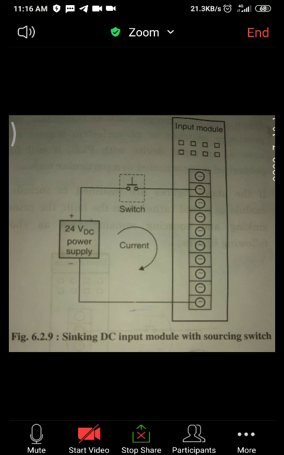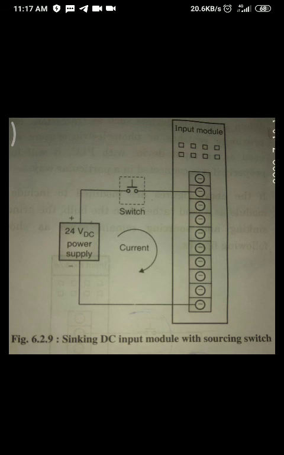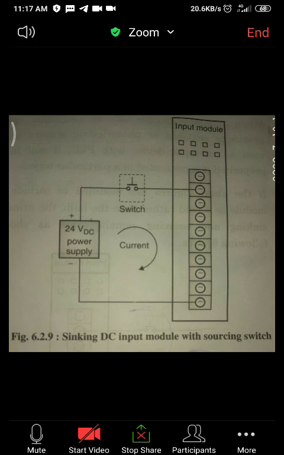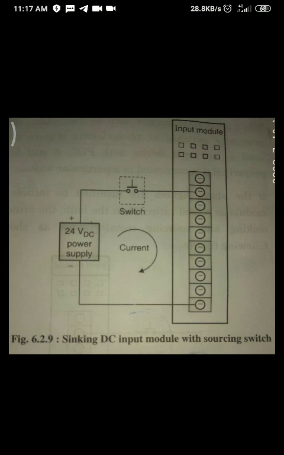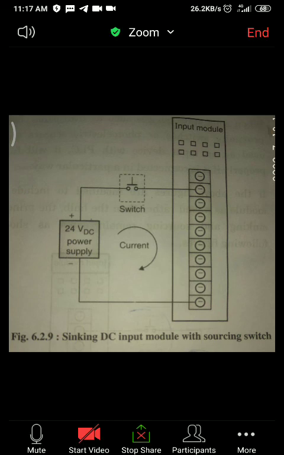If a PNP transistor is used, obviously the arrow of the symbol of the transistor is inward, means it requires current for its operation. So the diagram previous to this, that is on your screen, that is sinking of current. So when a PNP transistor is used as an input device, then obviously you will use the sinking mode of the switch. So in this way, both the sinking and sourcing modes of the input module are available. Depending upon the device that you are using, you can connect it to the input module.